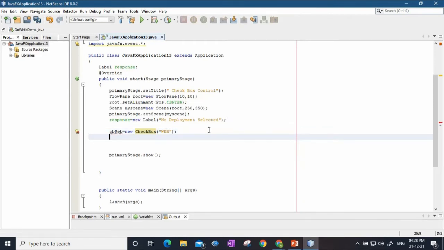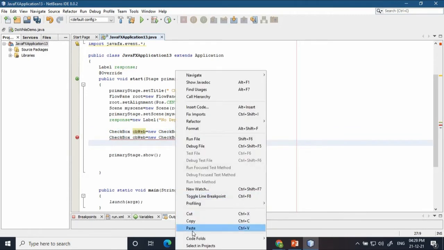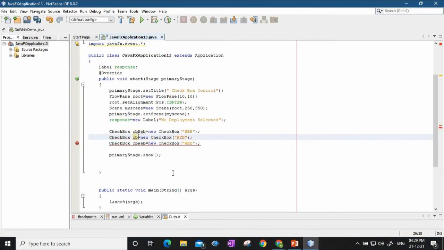Checkbox CB web is the first checkbox. 2 more checkboxes I will be creating. Second will be CB desktop. Third will be CB mobile. So here it will be desktop, and the text beside this checkbox will be mobile, right?